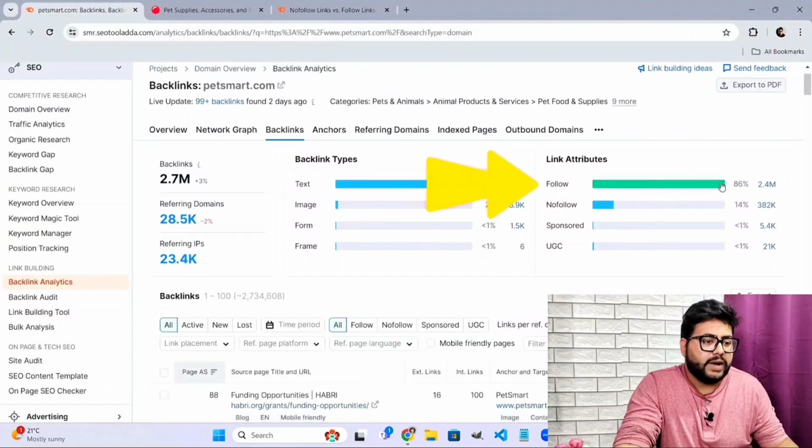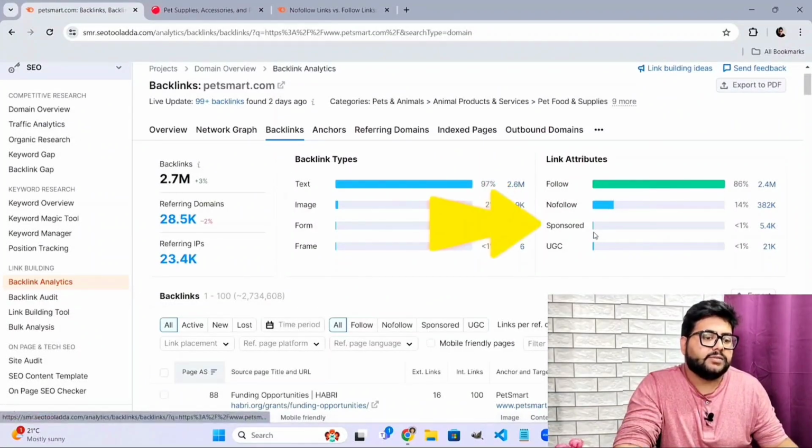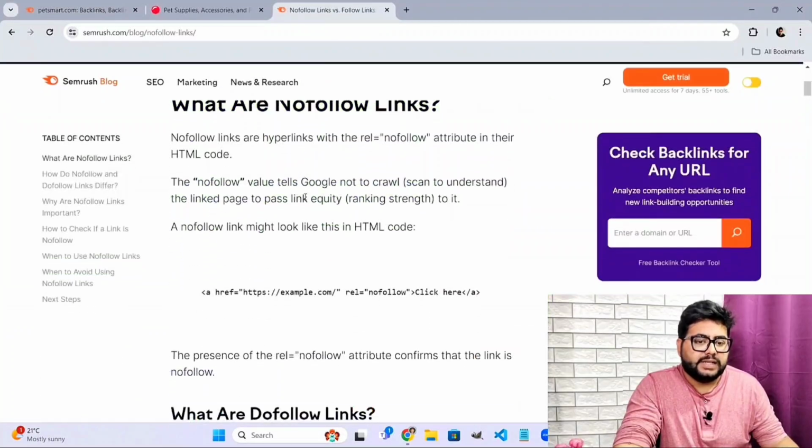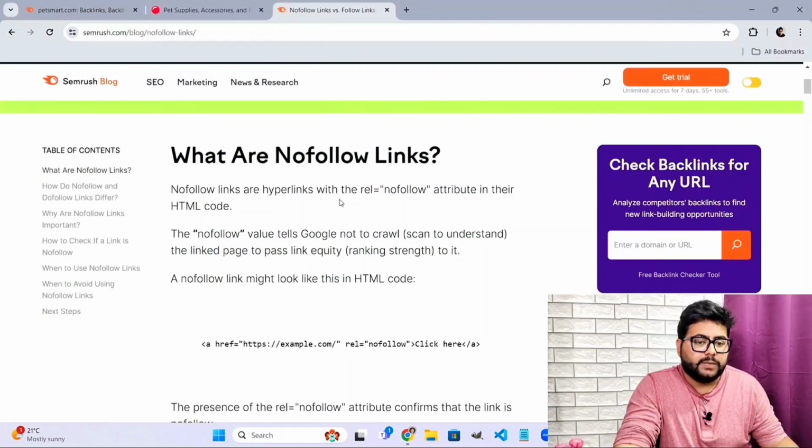If you look at follow attributes, nofollow link attributes, and sponsored and UGC, what is the difference between all these? If you actually look at nofollow, basically they are with this particular code written on their links, showing, on the link tag here, not to follow